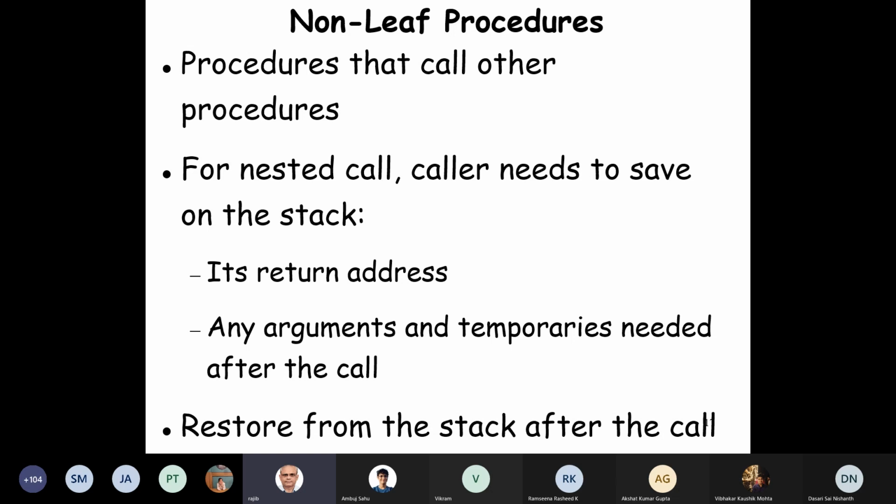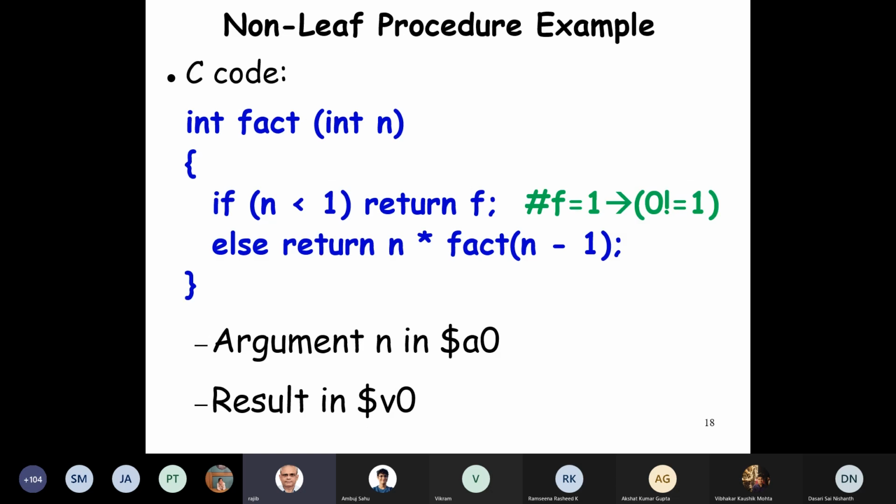Now, here the caller needs to save the return address, because this will be the return address. See, here the procedure is getting called recursively. So we need to store the return address also, and the arguments, temporaries, etc. all need to be stored by the caller, because that will be overwritten. Once the procedure call is done, the return address will be lost. So we need to do this extra thing.